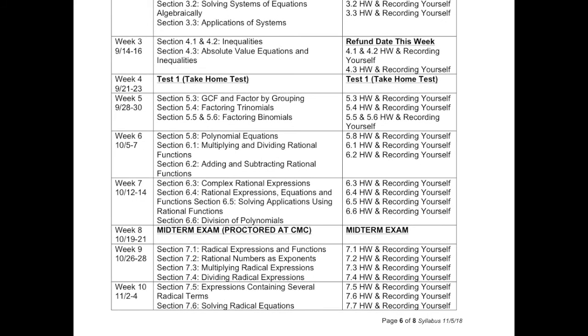As we look down here, week 8 is a very, very important week because that is your midterm exam that is proctored at CMC. Your midterm and your final exam are the 2 exams that have to be proctored. And those exams, you have to take at a CMC location. So during that week, you want to set up a time to take your exam at a